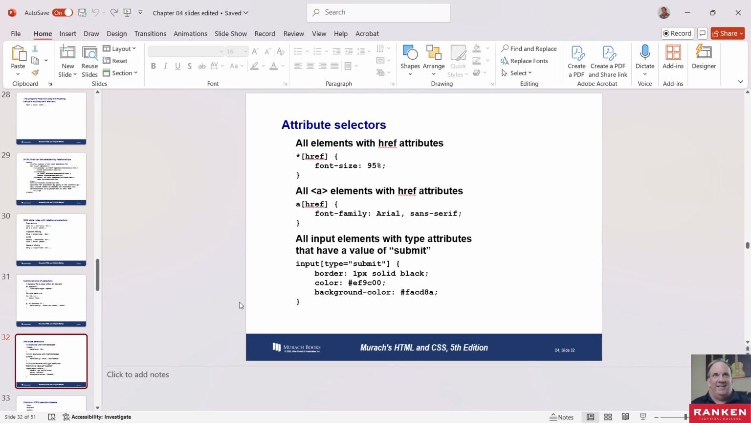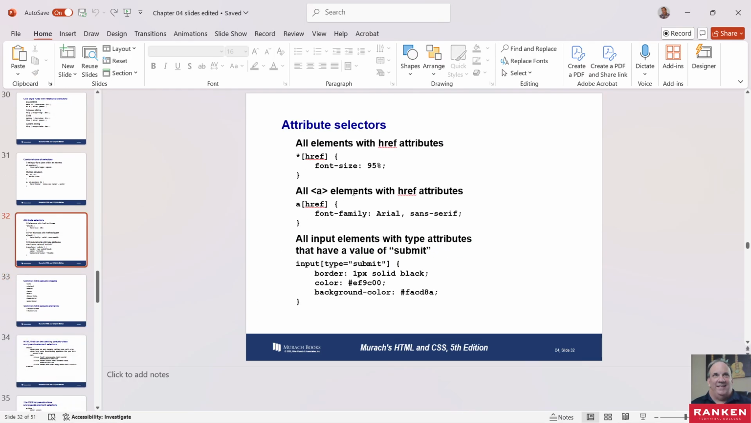All elements with href attributes. Okay. Font size 95%. So this is like all A tags. You can do font family, Arial, sans serif. So you're changing the font family for every A tag, every href A tag, elements with href tags, right? All input elements with type attributes that have a value of submit. Okay, so we haven't really got into those, and I'm surprised we're mentioning it so early in this book. But yeah,